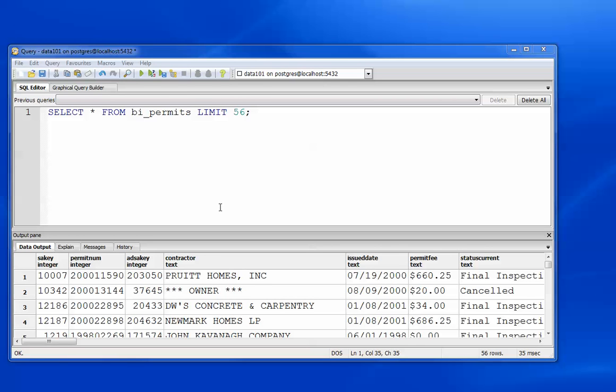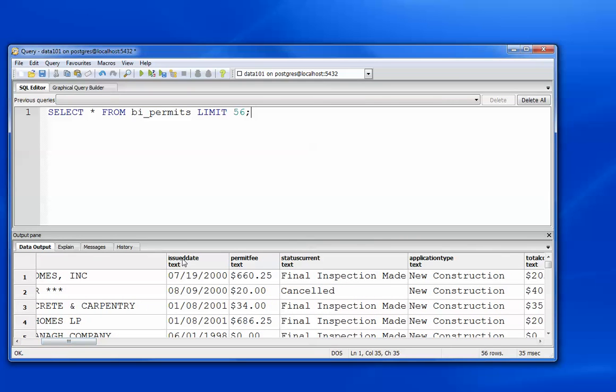Okay, so like I mentioned in the beginning of this series, what we have are some columns that do not have the representative data type. So we have issue date here, and it is captured in a text column. And I said I did this on purpose, and that was because we did not want our SQL editor or our database engine going and making a guess as to what the format of the date